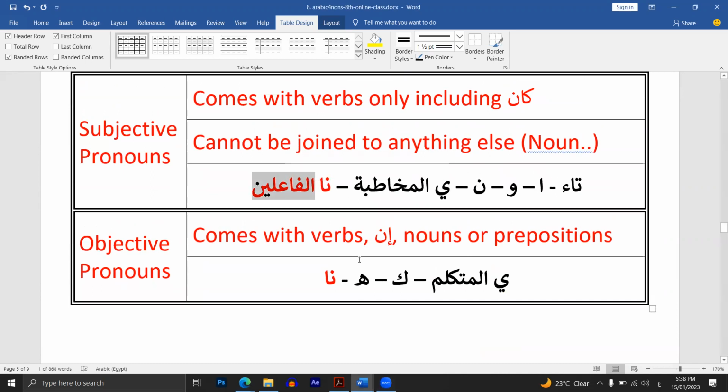Fa'ilin is the plural of fa'il, because once it's connected to a verb, it will be the fa'il, which is the subject. But here we call it na al-maf'ulin,